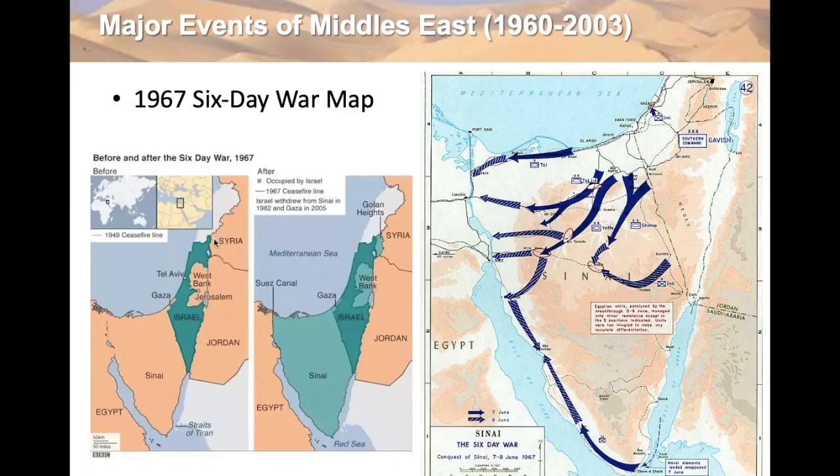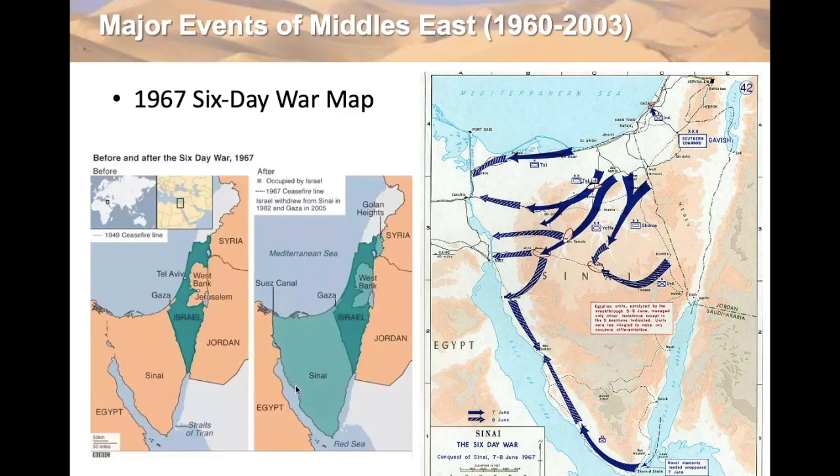Now, this land has gone back and forth between the Palestinians who claim it to be theirs and the Israelis who claim it to be theirs. And so after the 6-day war, you can see that the Gaza Strip was occupied, the West Bank was occupied, and the Golan Heights was occupied. And of course, during the 6-day war, Israel invaded Sinai. And here's the Suez Canal right through here.